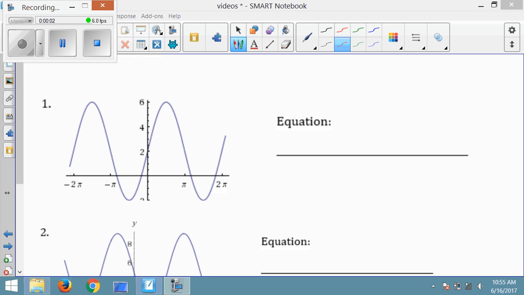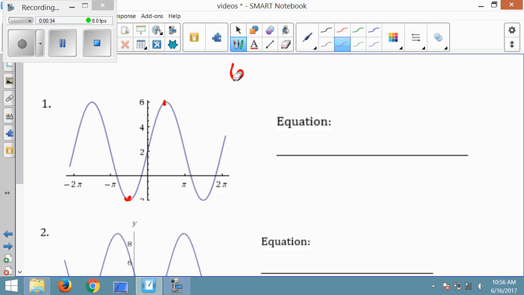Now we're going to do the opposite and try to write the equation from the graph that we're given. First thing that I think you need to do anytime you're given a graph and trying to write the equation is you want to try to find where the center of the graph is. What you can do for that is if you look at your highest point and your lowest coordinate point. The highest point is at 6 and the lowest point is at